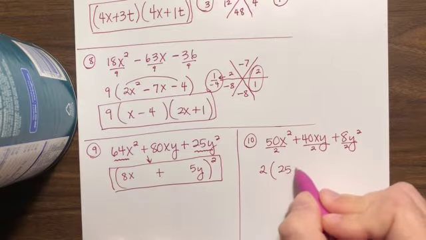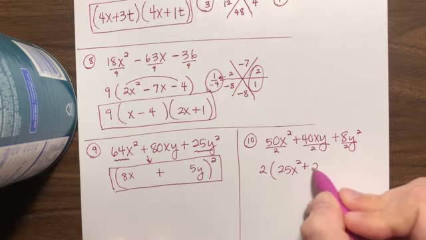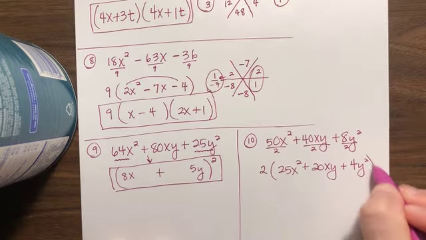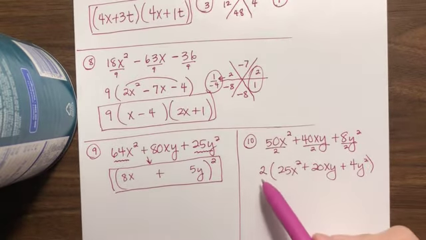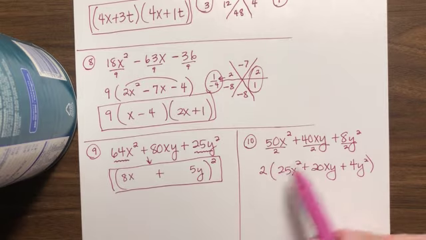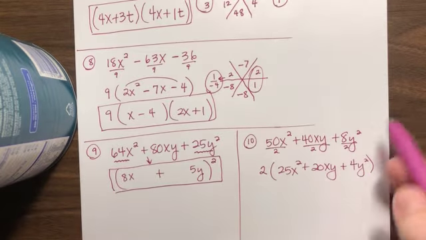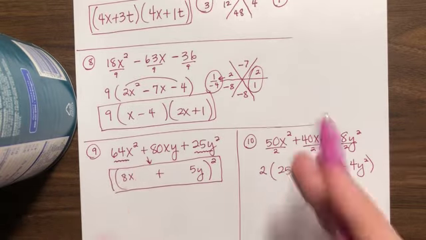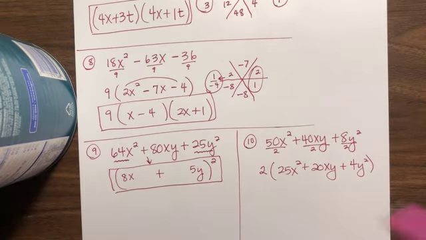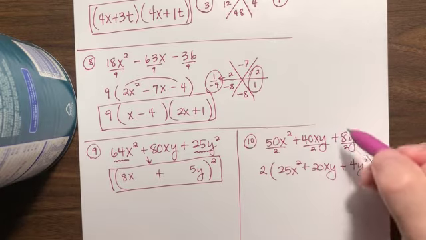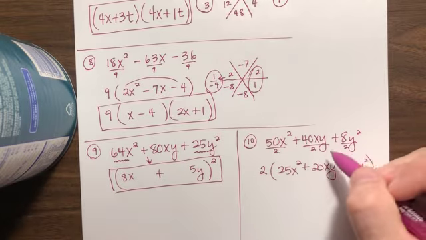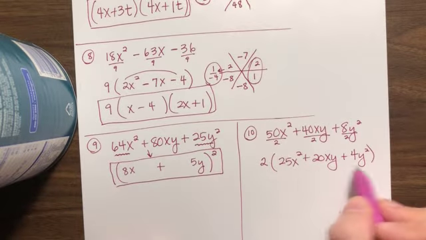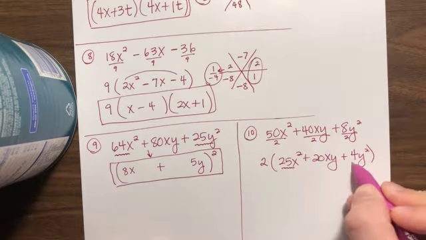That leaves me with 25x squared, 20xy, and 4y squared. Now, if I hadn't done this 2 GCF first, I would have been doing snowflake. And first of all, I would have gotten it wrong, because if you do snowflake before the GCF, you're going to get it wrong. I don't know if you know that. Now you do. But not only that, you're going to get really big numbers, and it's going to be a little daunting. Here, you would also get very big numbers, but before I do that, look here,